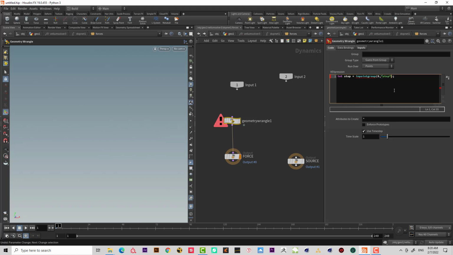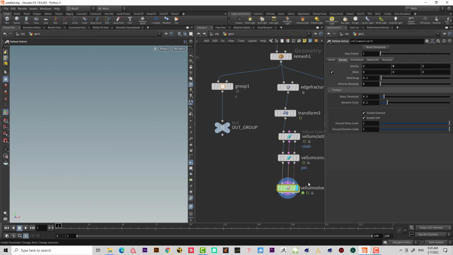Okay, and then it will be at every point, so it will be at pt num. Okay, second, we will add I at dot equal stop, just like that. So let's test it, and of course let's not forget to go to the Vellum